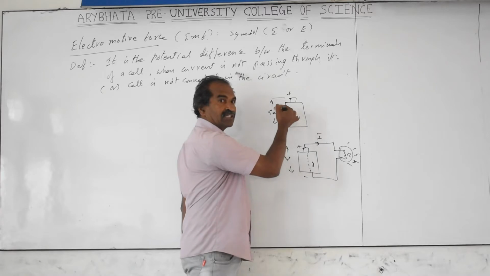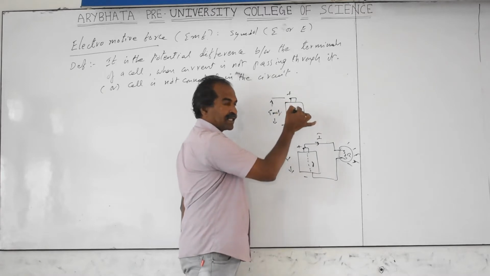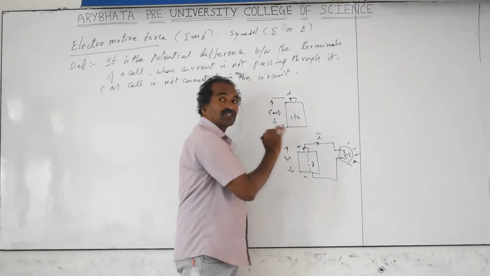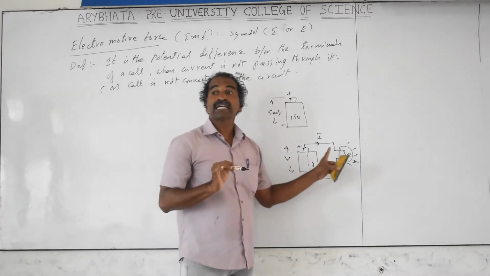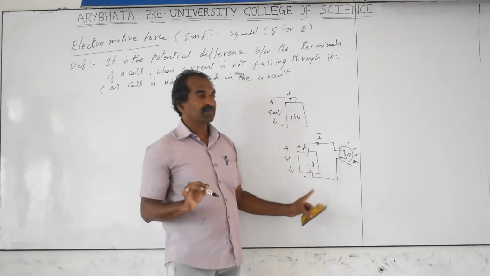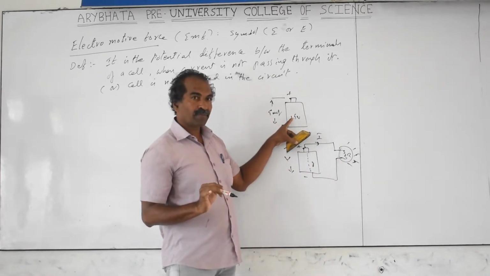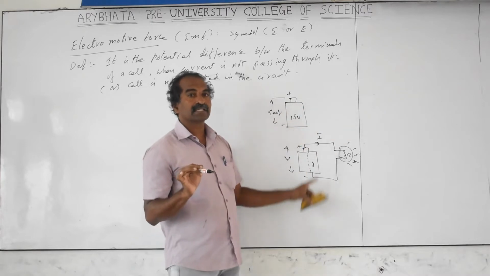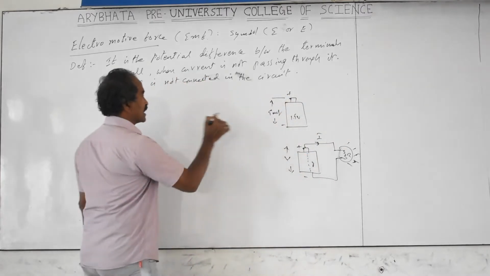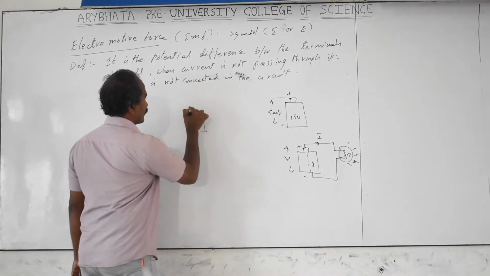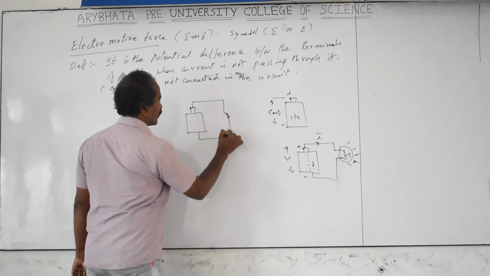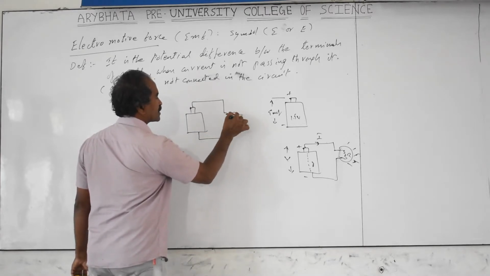EMF means actually without current passing. Here current is passing. Whenever the current passes, whatever voltage you are measuring is not actually the EMF. It is nothing but the voltage across the external resistance only. That is terminal PD. It is not EMF. So you measure the EMF of a cell when it is not connected in the circuit, or when current is not passing through it. Or you may connect the cell to a circuit having resistance, but whatever it is, current is passing.